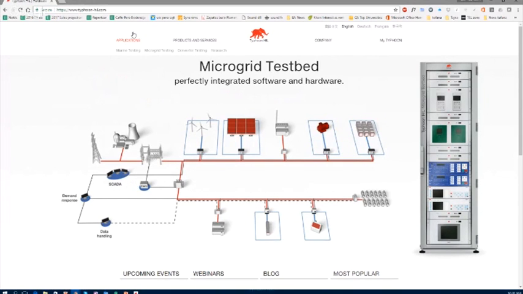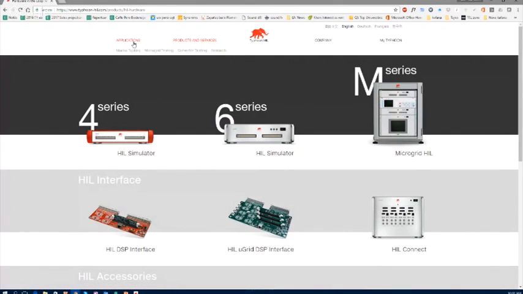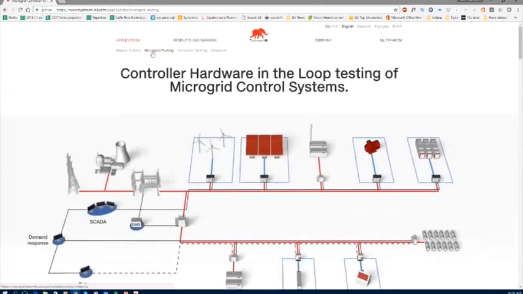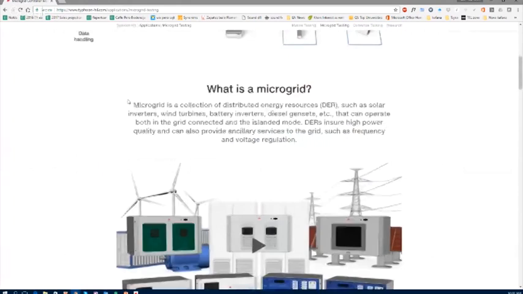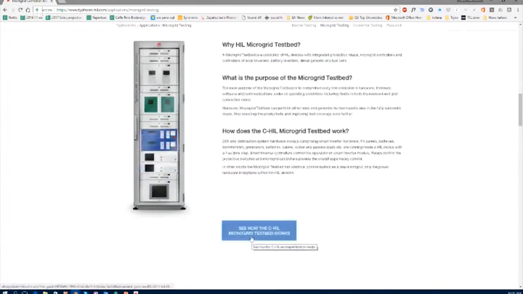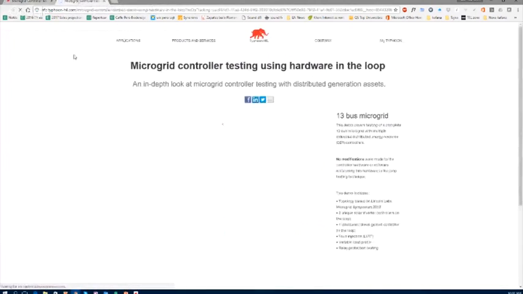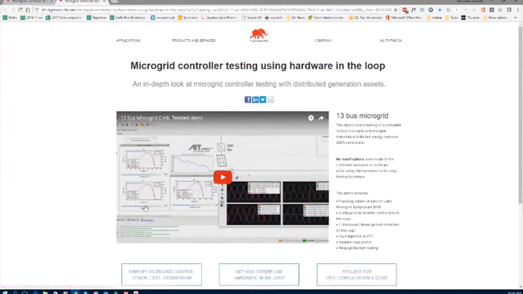So on typhoonhil.com, you can find, for example, some nice recordings of this microgrid testbed that we were speaking about, with much more detail about what is inside and how it's interfacing with protection devices. And on this page, you can see even the link to the video recording of the setup that I was showing, how it works on a large scale, how we are applying different disturbances, some transients, and different things. So all of this is available on the website. I'm not going to spend too much time on this, since you can see all of it yourself.